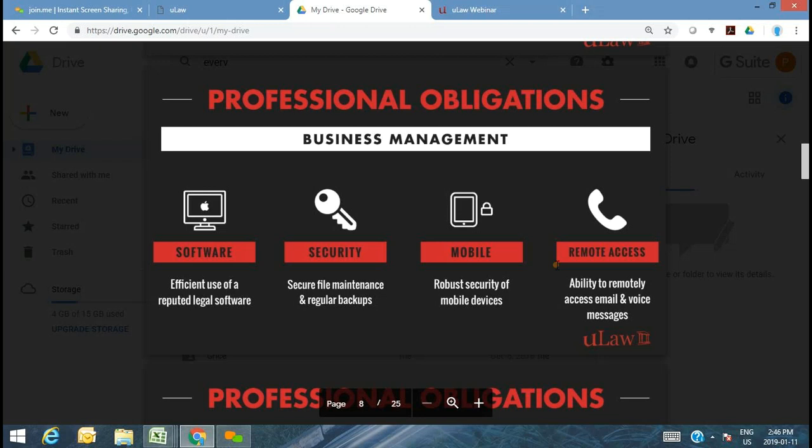Now let's move on to the next professional obligation, which is that of business management. Okay? So the Law Society obviously draws certain best practices and recommendations, but leaves it to you to manage, maintain and deliver these obligations. They don't mandate certain things. For example, they do not mandate the use of legal software. What's important is that you have a system in place to deliver these documents when asked for. But whether you're using a manual system, an Excel sheet system, or a leading legal accounting software, that's left to you.